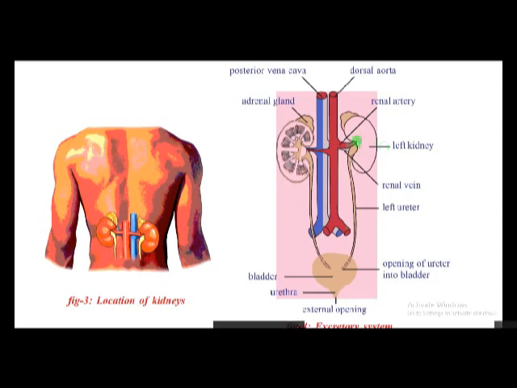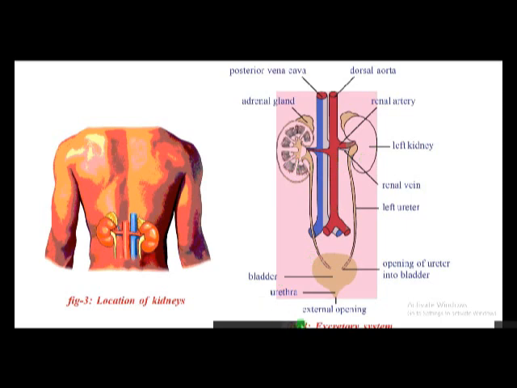And here we are observing blood vessels. This is called the renal artery, and this is called the renal vein, and the renal artery and renal vein enter and come out from the kidneys. And here the ureters are coming out of the kidneys, and like this two kidneys are there. They are located at the back side of the body, that is called the dorsal side. They are attached to the dorsal body wall.